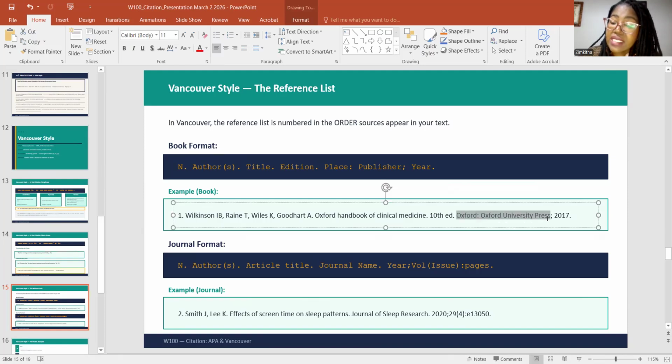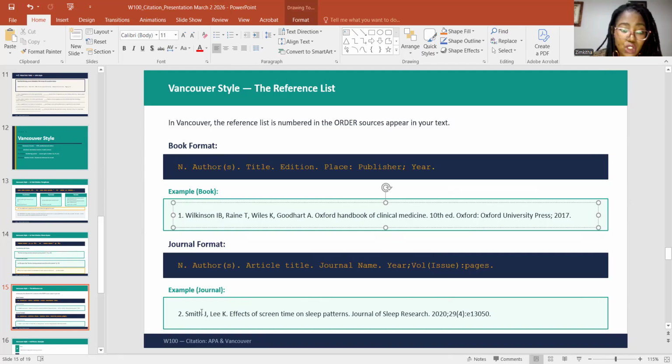The press is the place responsible for publishing the book or the journal. The good thing nowadays is that journals have that information at the top with the names, the dates, the volumes, the page numbers. All you need to do is put them in order. And then the date comes at the very end. In APA style, we usually have the date right after the authors, but in Vancouver, it's at the very end.